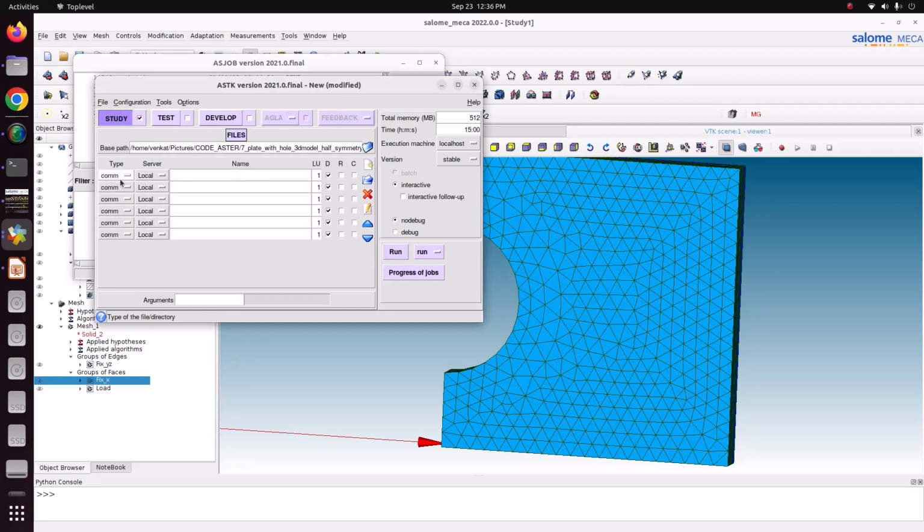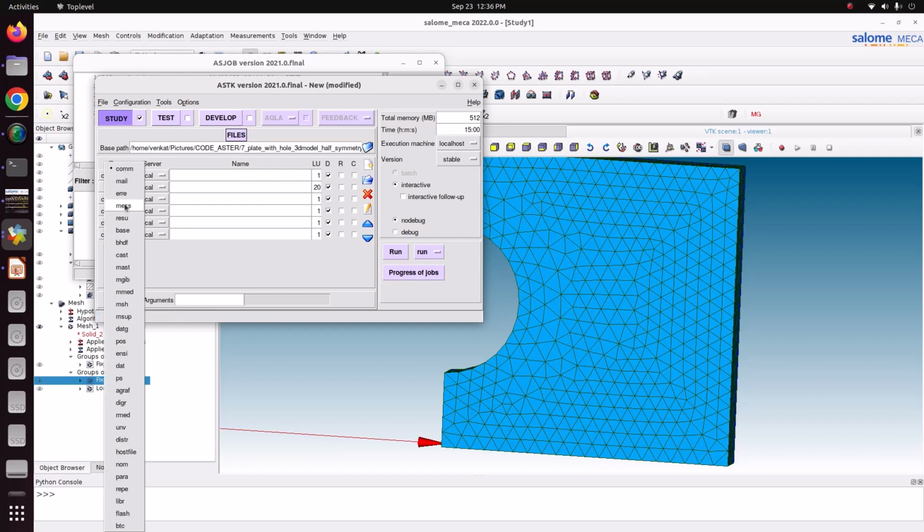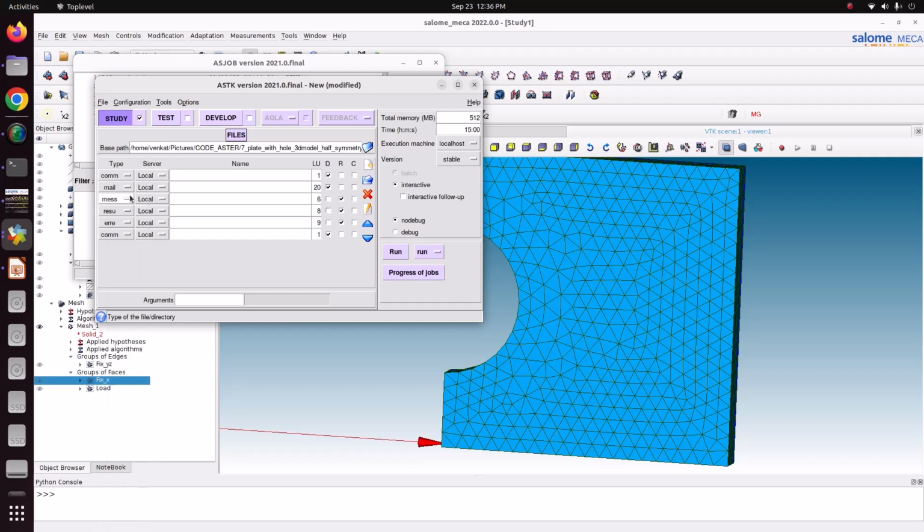First one is command file, next one is mesh file, then message file, result file, error file and output result file. So static dot com, this mesh is mesh underscore one dot med, this is, we can name it ourselves,